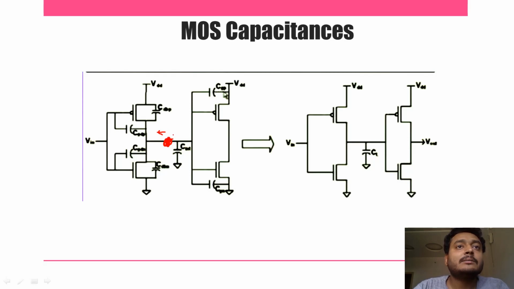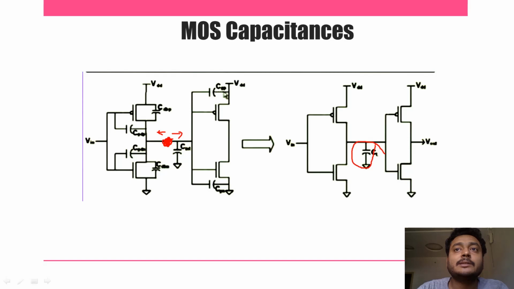Okay, and if you look from this side towards here, you can see it is driving two transistors. Since it is driving two transistors here, it is also seeing some capacitance here. So we call this CG, the gate capacitance of PMOS and the gate capacitance of NMOS. These are the capacitances you can see from this particular node. All these capacitances can be clubbed together, and we call it a lumped capacitance, which we can see as a load capacitance replaced here.